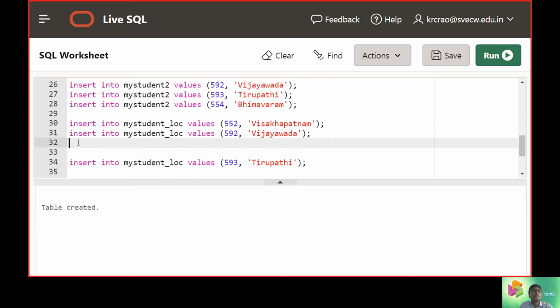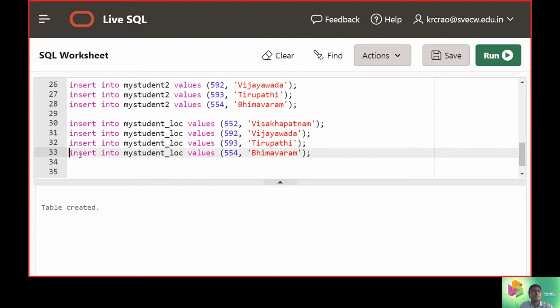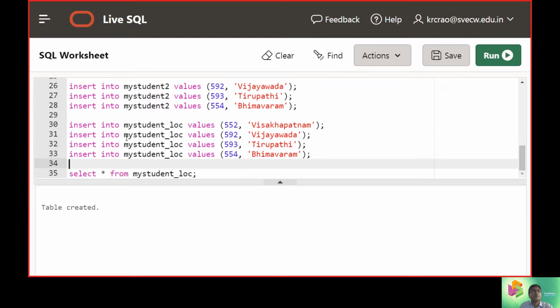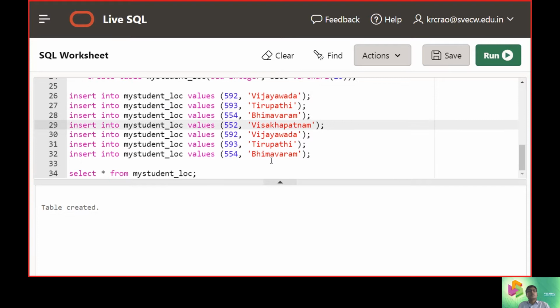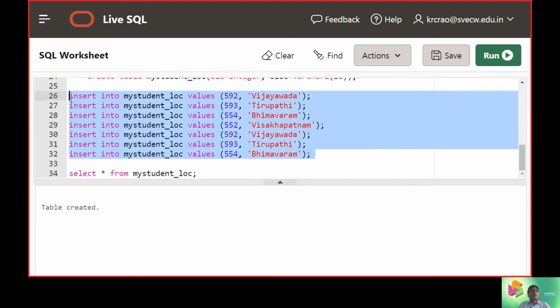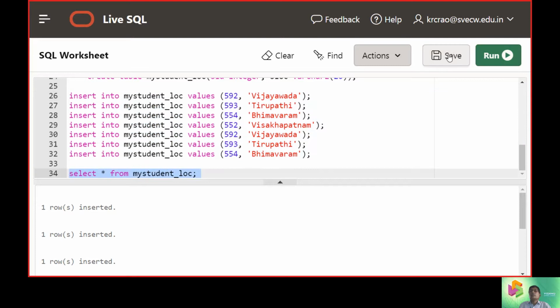The table name was my student location. Now hit the run button to understand how the insert commands are taken up.